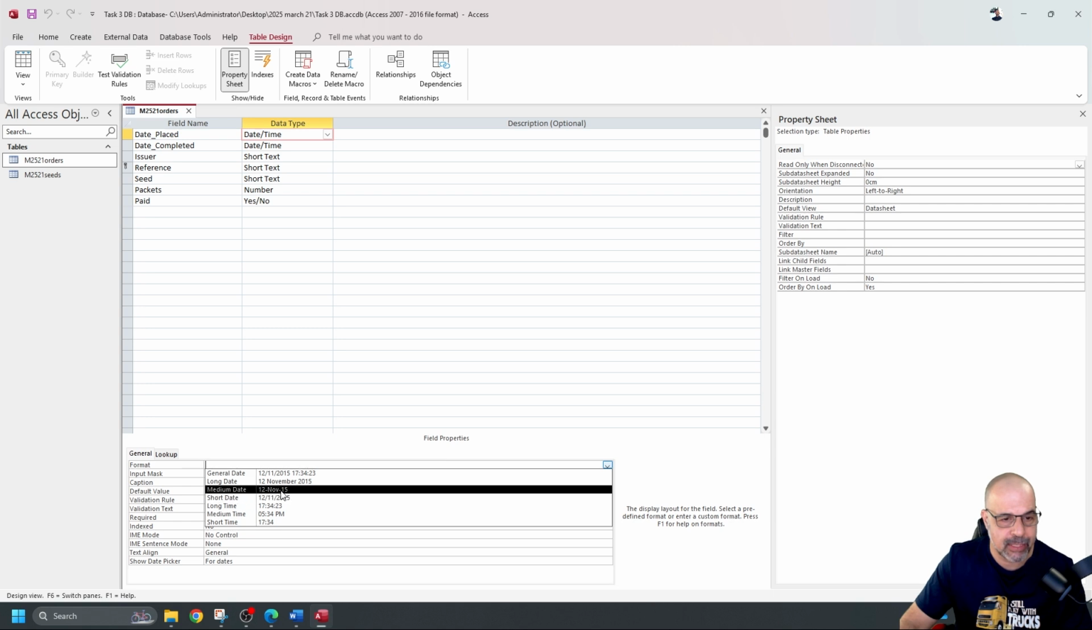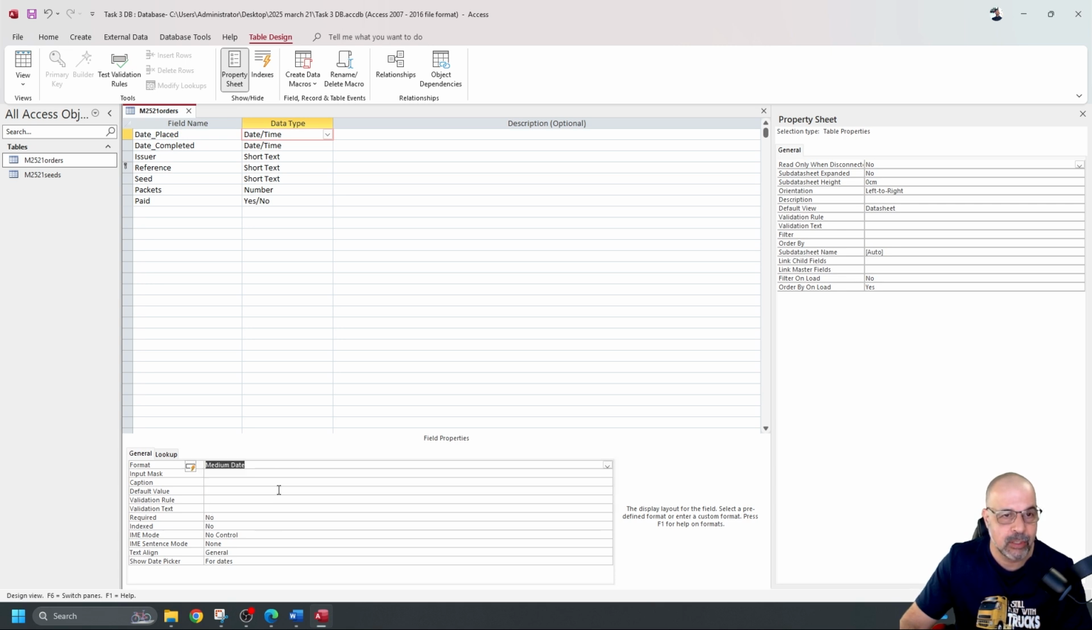Can you see the date here? This is the longer version here. We want this one, the one that only has the first 3 letters of the month. So the medium date. So I'm going to set that to medium date. And the same with this one. I need to set the format